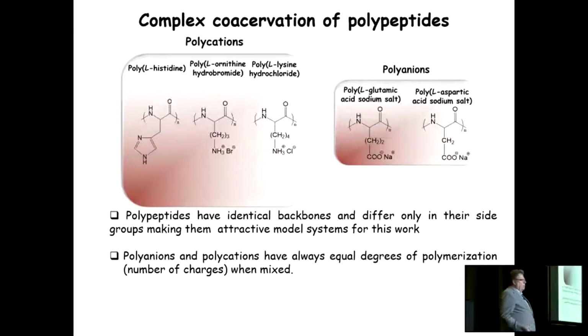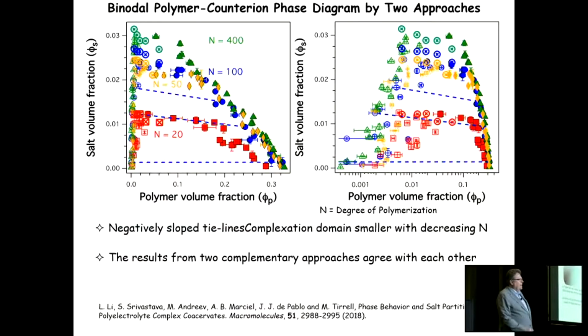And we got this diagram, which if I could advance the slide, I'd show you. There we go. That looked like this. And you can see that the two-phase region increases with the degree of polymerization of the two polymers. On the right-hand side are the same data plotted on a logarithmic horizontal axis, so you can see that the polymer concentration in the supernatant phase isn't exactly zero, which was a simplifying but incorrect assumption used in some other studies. But the main thing that we focused on